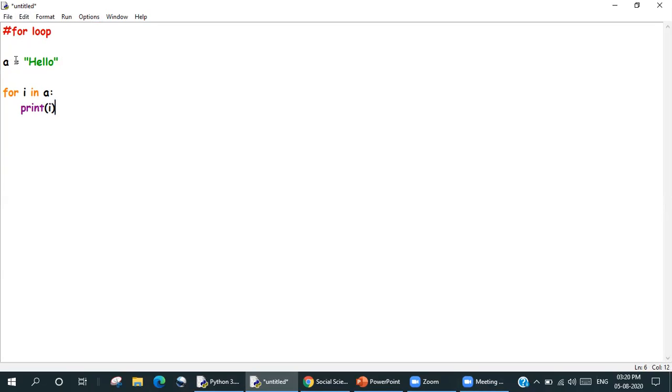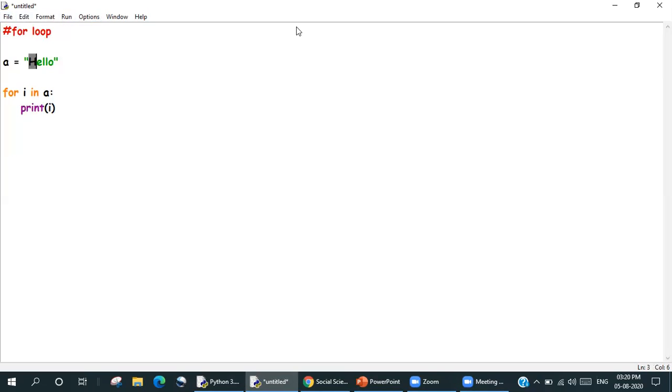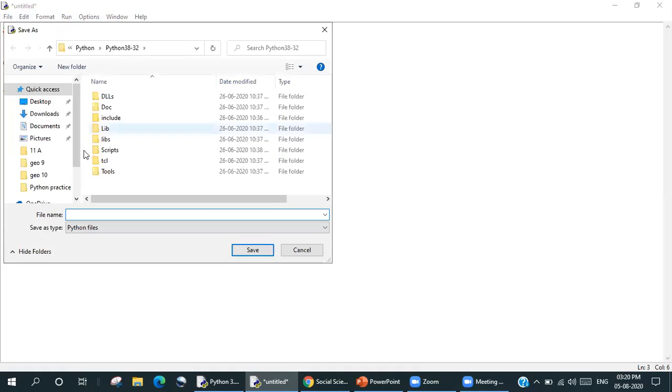So I've given some value to i, and I'm saying for i in a, that means i should take values from a, and it will take individual values. So the first time it goes inside the loop, i is going to be H. Then i will become E, then L, then L, and then O. So let's just save this and see how this program runs and what output it shows us.